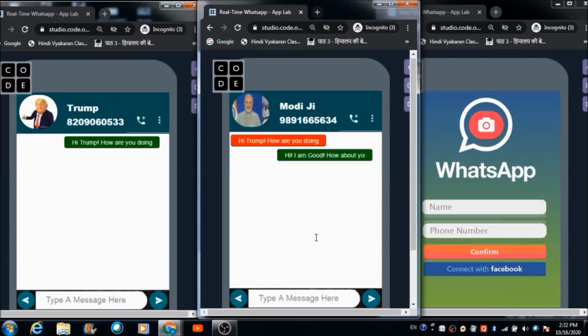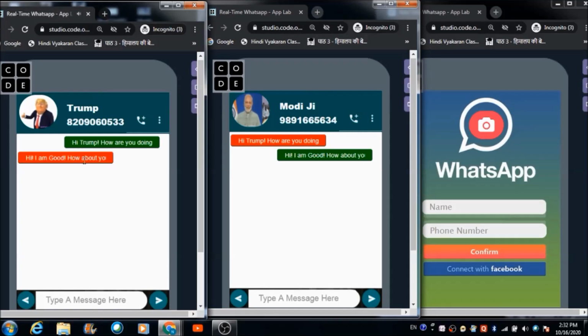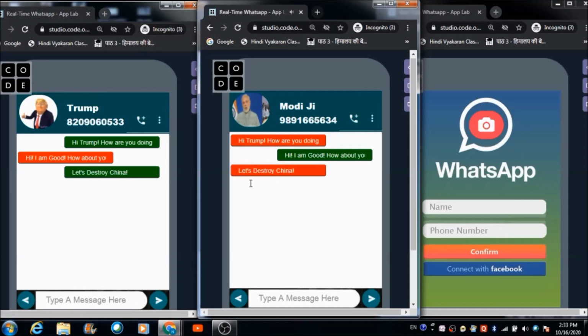Likewise, Trump can also send a message to Modi ji, and this is how Modi ji can receive the message here. Fine. Now let's type another message here. So this is the second message, and this is how Trump can receive the message here.